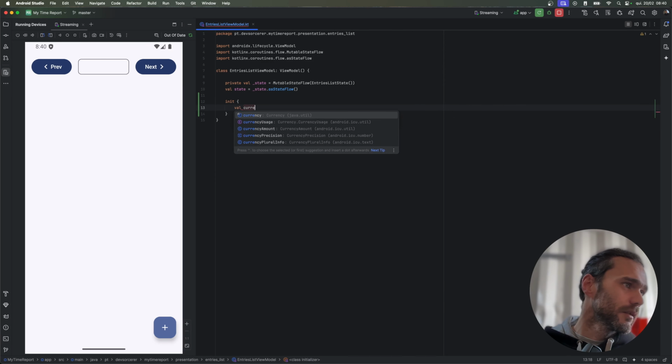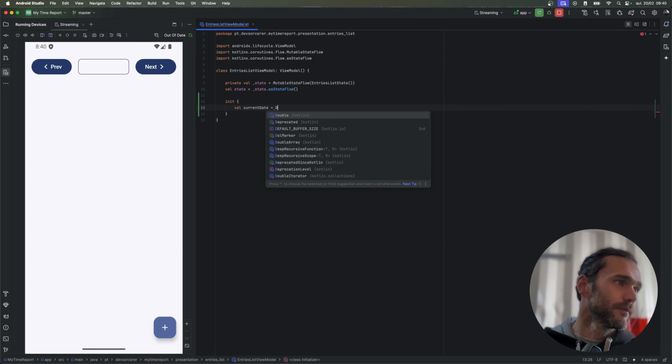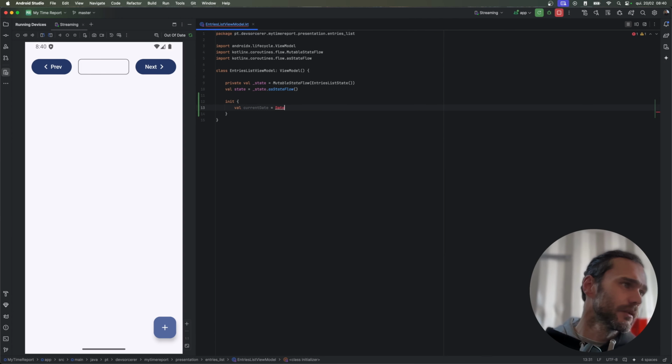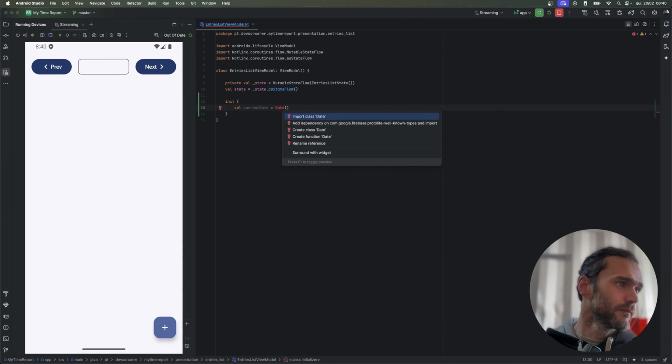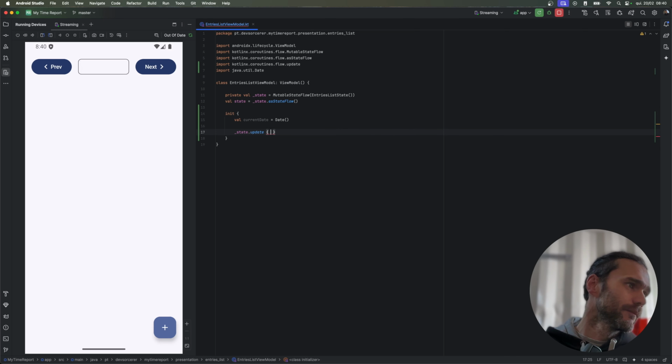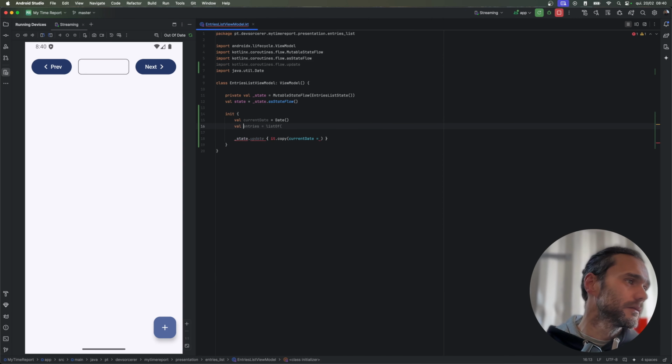Val current date equals to date, not date picker, date, state update copy, current date equals to, let's add in here val formatted current date,